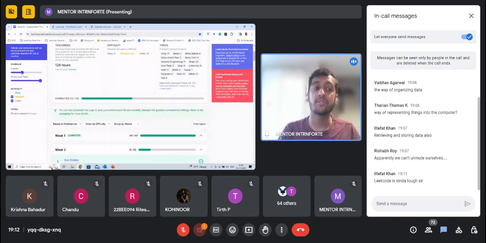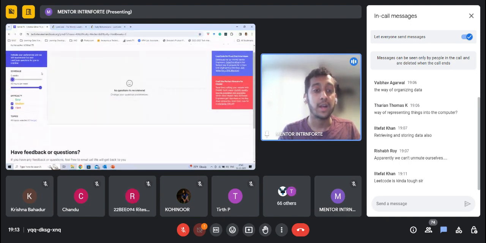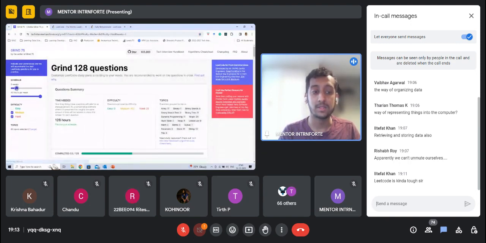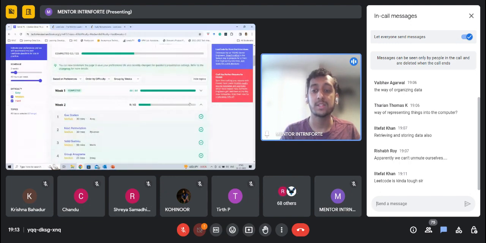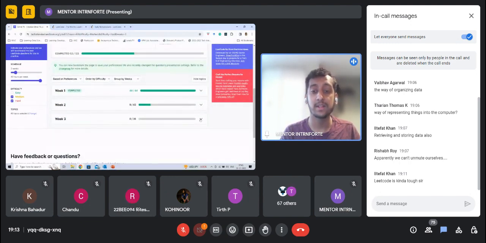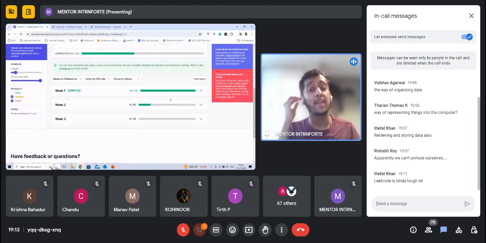So here you can configure a schedule and the number of hours you want to invest per week in practicing LeetCode. So let's say that I have an interview coming up in 3 weeks, right? Then I will say that I want to practice a couple of questions in 3 weeks, and let's say I want to invest 40 hours per week, and let's say I want to focus on medium and hard questions. Then this creates a plan for me where it tells me solve these 44 questions in week one, then week two, then week three. So it will create a study plan for me, right?